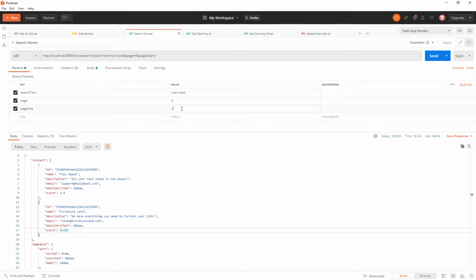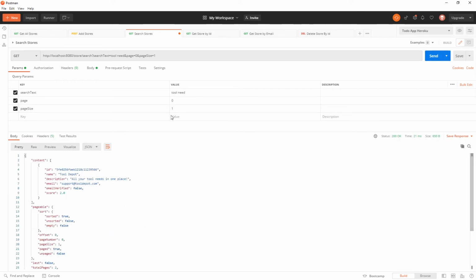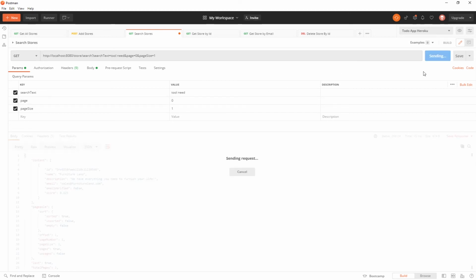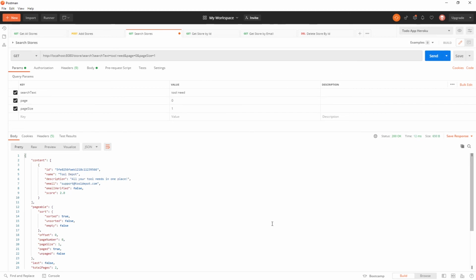And then also you'll see that if I change the page size to 1, I will only get 1 result. And then if I want to paginate to the next result, I will change the page value to 1, and now we are on the next page. So again, Spring has made this very easy to do pagination, to do searching, and we'll move on to our